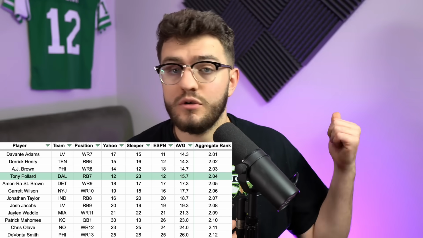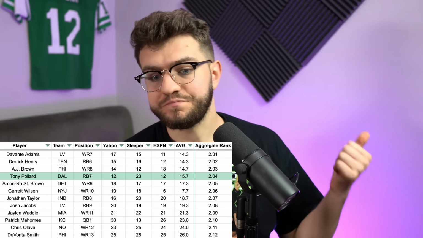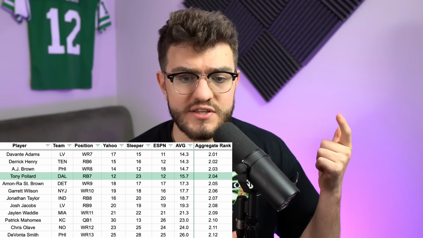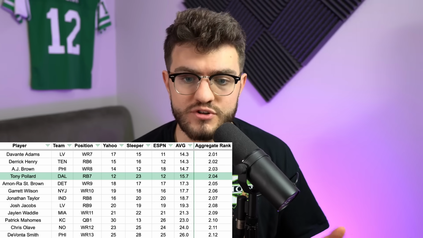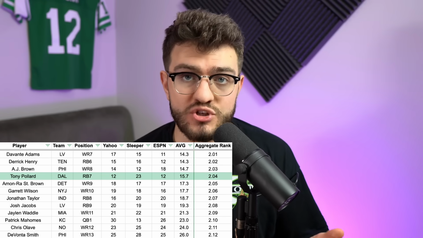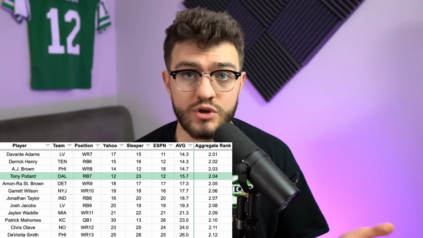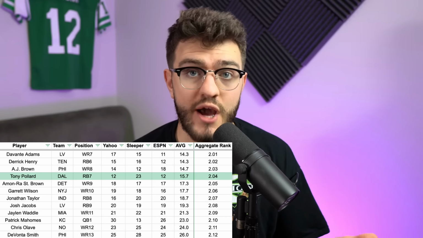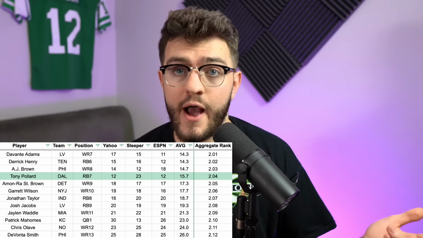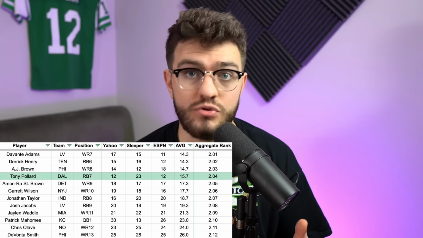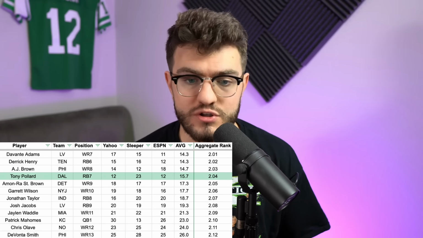This is a good offense with Dak Prescott. This is an offense as well that has the 6th highest offensive line ranked on Establish the Run. It's going to be a good offense, good offensive line. Real lack of competition here. We're talking like Deuce Vaughn, who is a day 3 rookie, Rico Dowdle, who you guys probably don't even know who Rico Dowdle is, and Malik Davis. Like all guys who have combined nothing to show for in the NFL. Pollard is the main guy here.